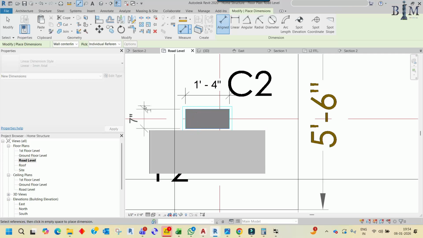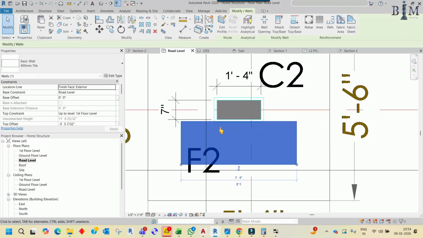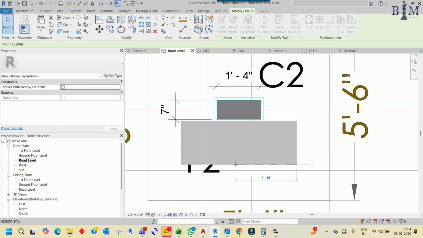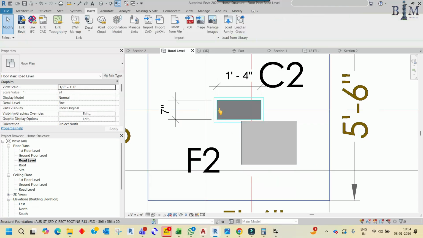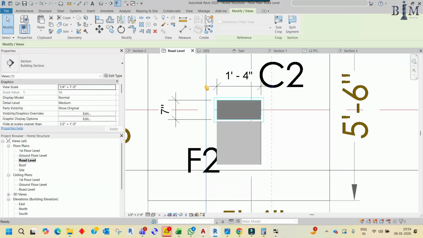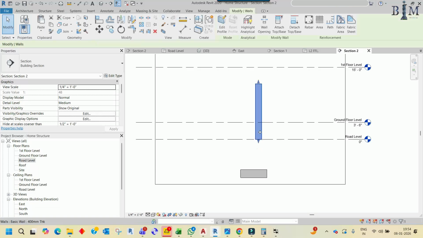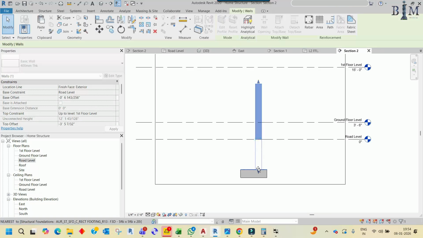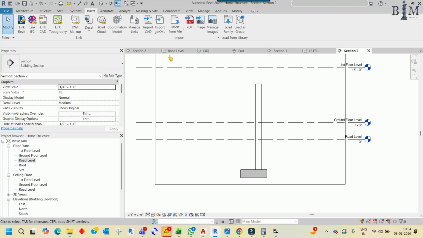Let me take the distance first. So here I have to take it, so just you can align, I believe. So align it, and here up to this you can align it. After that you have to stretch the element. For that, go to the section, let me check. Here this much I have to stretch it up to this, and after that I have to take it